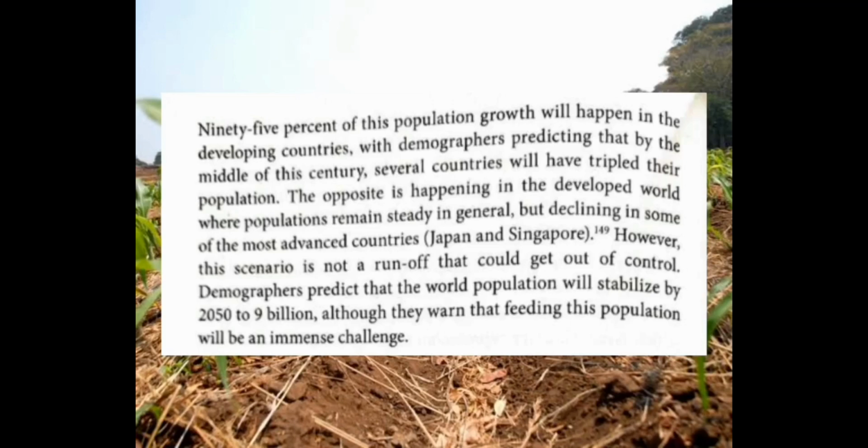So meaning, the more nga magka-gain tag years, like for example 2021, 2022, there is a possibility, ang mga demographers nagpredict sila that the increase sa population growth, and the opposite is happening in the developed world, where populations remain steady in general but declining in some of the most advanced countries, like for example Japan and Singapore. So some countries is